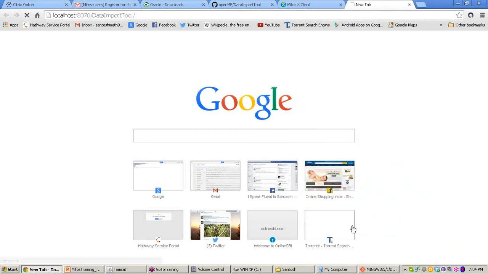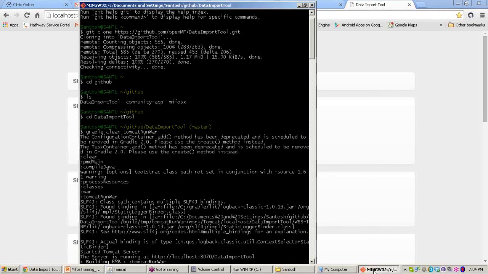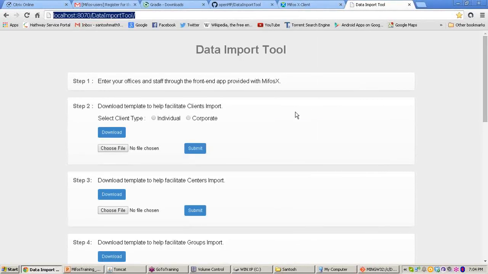Here it is, and you can see this is the localhost 8070 data import tool, which is given when you are running through Git. The same link I have bookmarked. This is the data import tool which you have been waiting to know. Here you can see there are totally 10 steps.